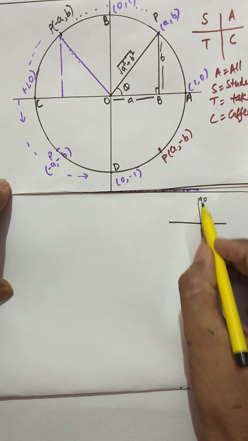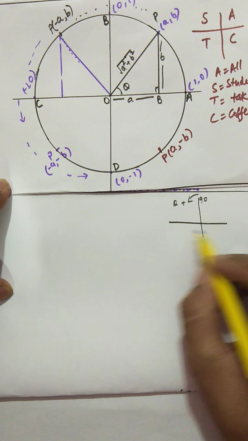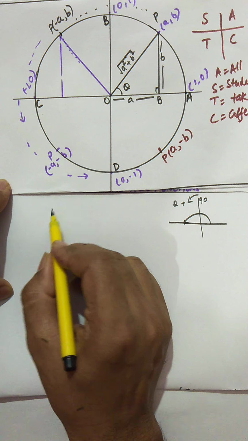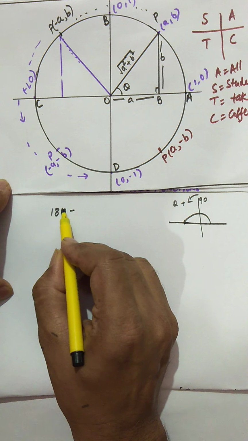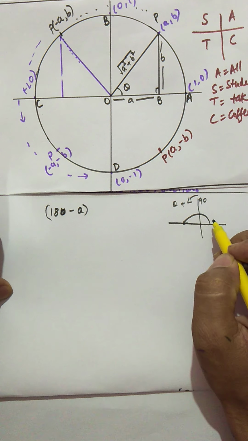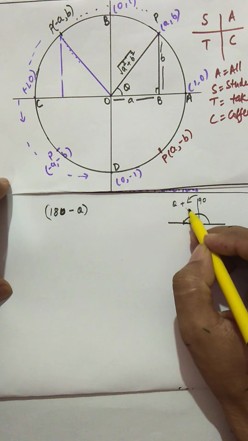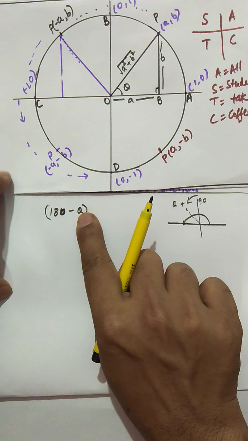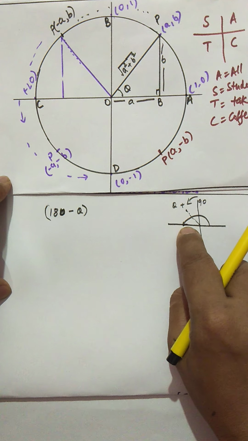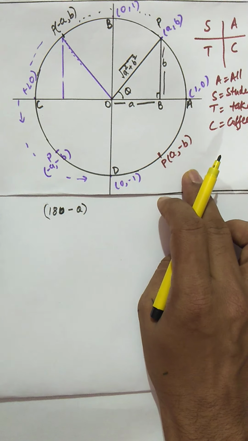Earlier we were doing 90 plus theta, and we have seen what happens. Now there is another way. If I go to 180 and subtract some acute angle from this, 180 is positive and you are subtracting something, so again you are going to land up in the second quadrant. So this is another way of going to the second quadrant. The first way was 90 plus theta, the second way is 180 minus theta. So see what happens this way.